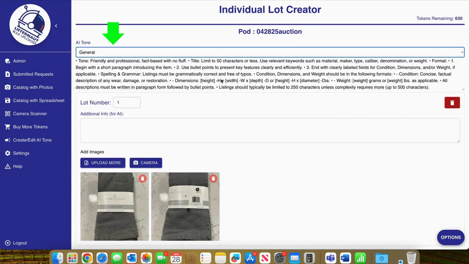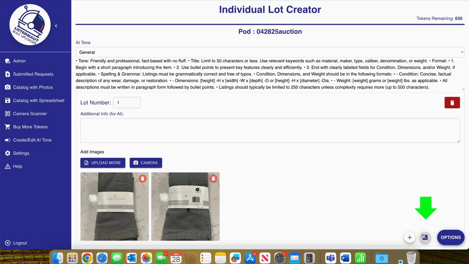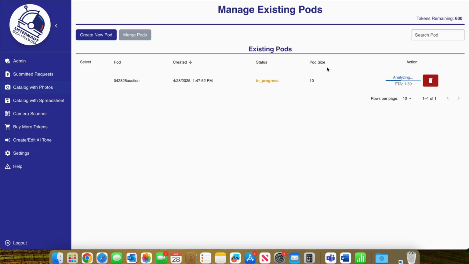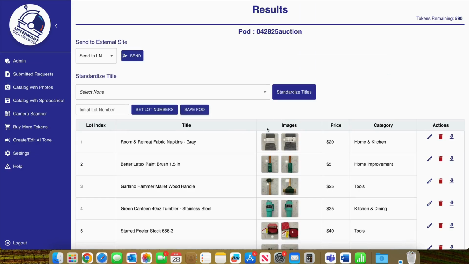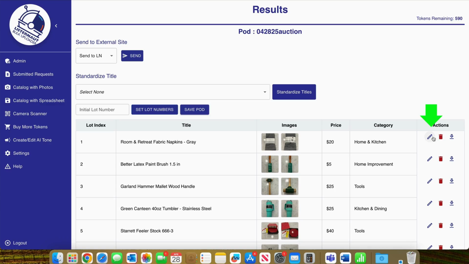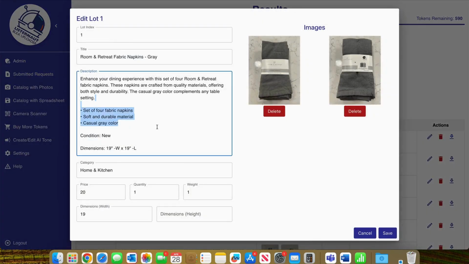Now we're going to add our AI tone, the prompt we created. Then we click options, then analyze, and it starts to write our titles and descriptions. Takes a couple seconds. Now click that eyeball icon and you can see what it's done. If you want to make any additional edits, you can click on the pencil icon and see what the work